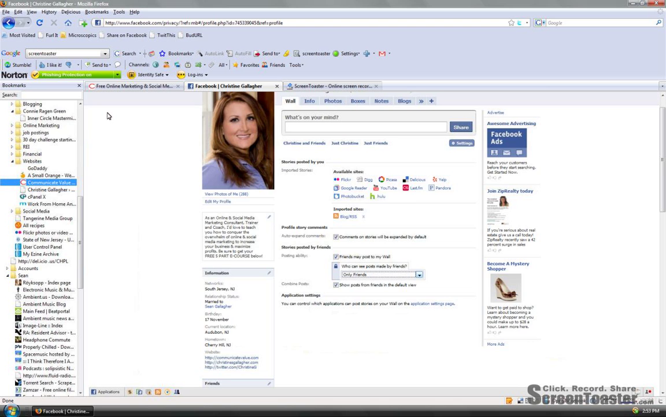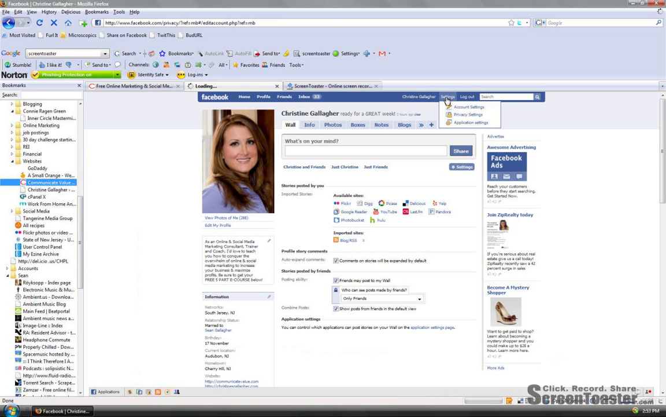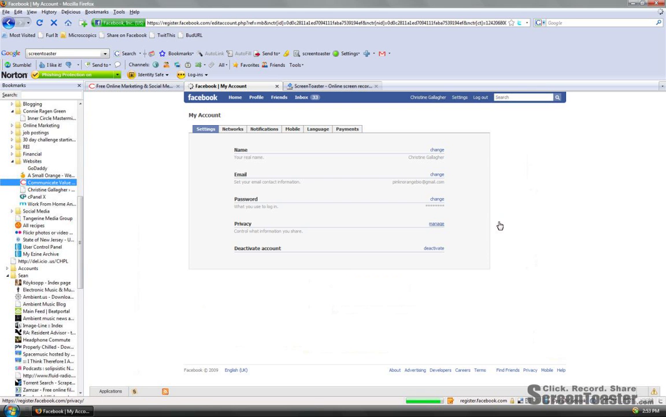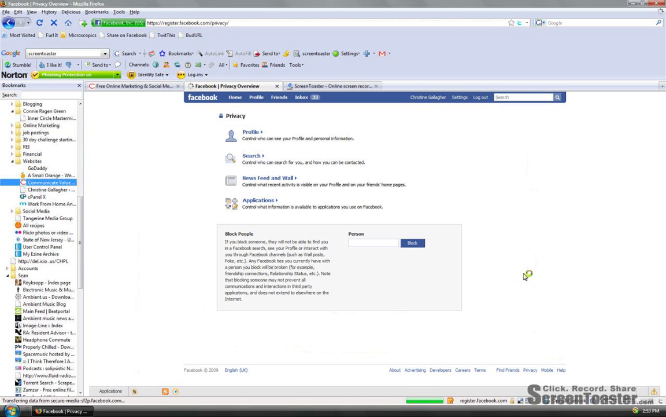The last setting that I want to talk about is actually newsfeed. If you go back up to settings, on privacy, you can actually set the privacy settings for the newsfeed. And the newsfeed, if you use Facebook, is generally just an area where everybody's real-time status updates are published. So if we click on newsfeed and wall,